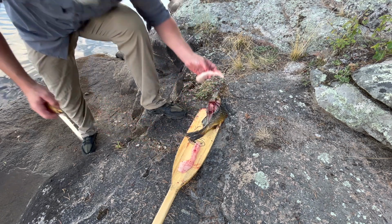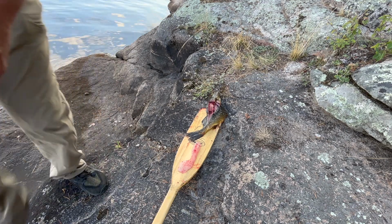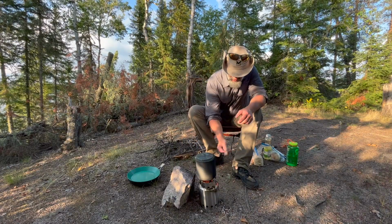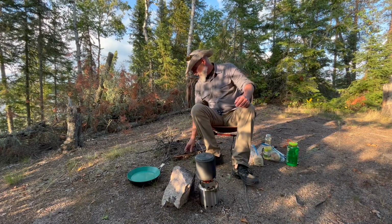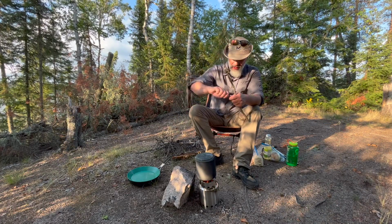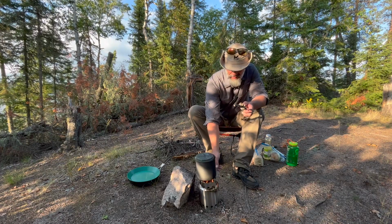Alright, I'm finished cleaning these guys up. We'll cook them up. Supper tonight is going to be walleye and rice. And I've been so busy, it dawned on me, I haven't even told you where I'm at or what I'm doing or anything. So,